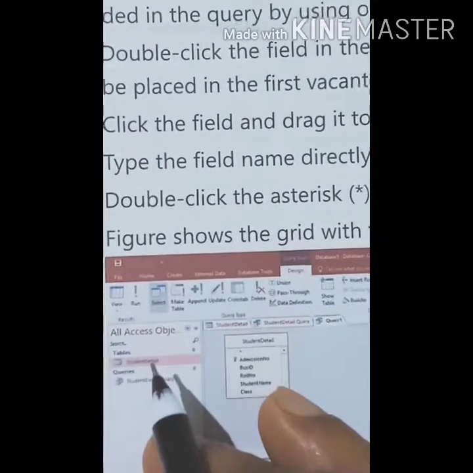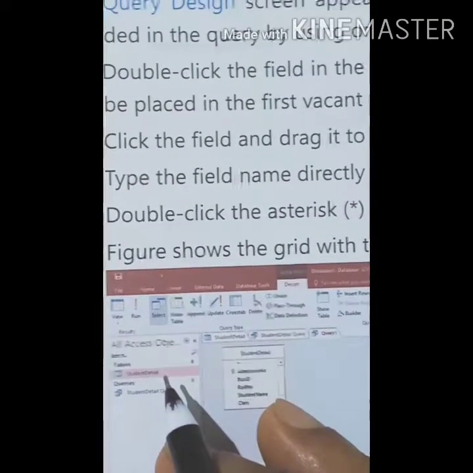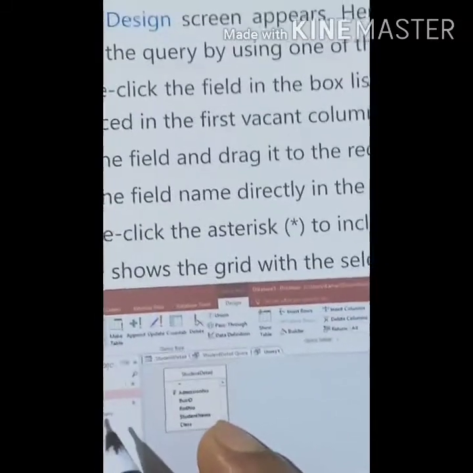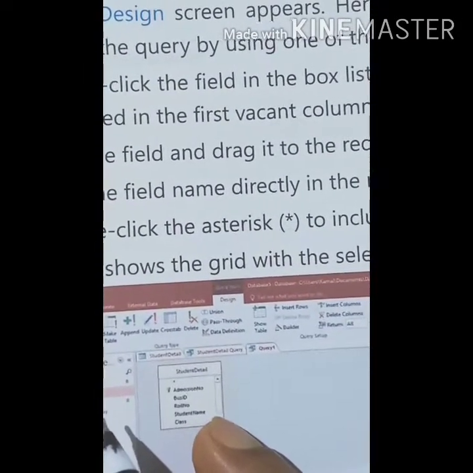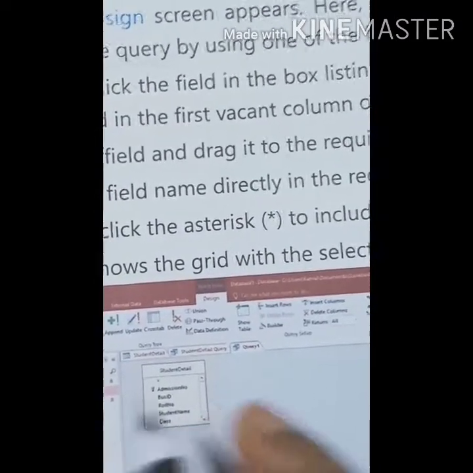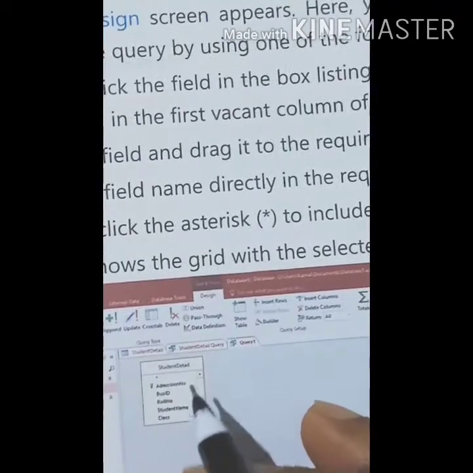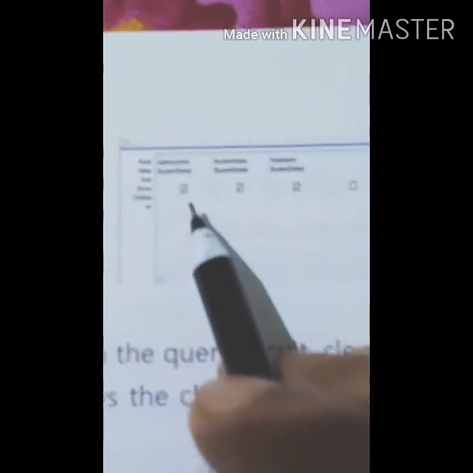See here, the student details table is selected. Then like this it will appear in the window, and all the fields we can see here.